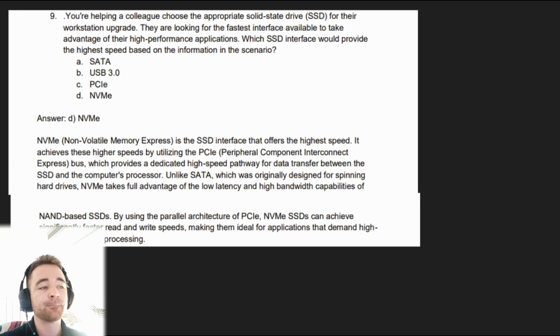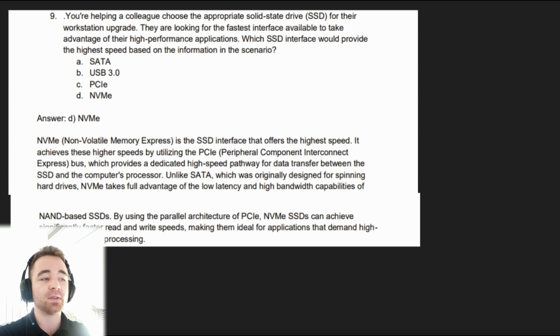This is a tricky one, guys. Okay, so it's not SATA or USB. That should be clear, just because we should know our speeds, and we should know that PCIe and NVMe are way faster than SATA and USB. So between PCIe and NVMe, we said that you've got PCIe and then NVMe is on top of PCIe. So if you're using PCIe, surely you're using NVMe as well, right? Not quite. Not all SSDs have NVMe capability. Not all of them. So it is possible to use PCIe without necessarily having that NVMe capability,